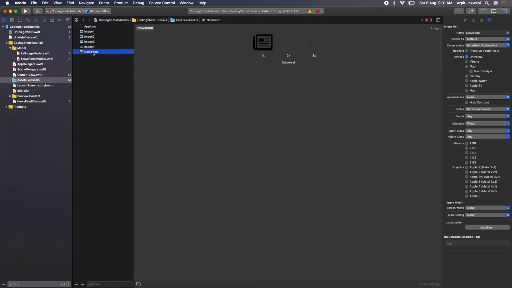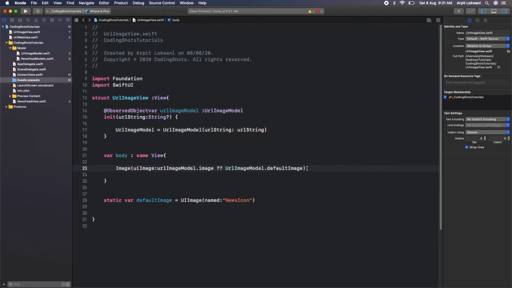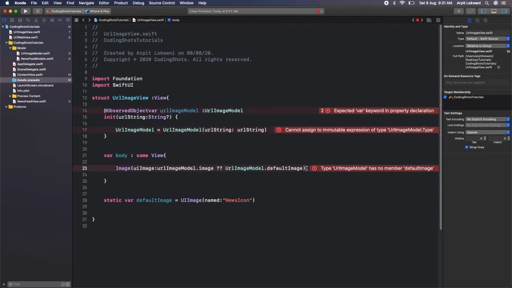Okay, this looks fine. I already have some multiple images, so I will use this, right? Now it's done. So what we are saying, URL image, okay, we have given the default image, it looks fine. And let me clean this, otherwise Xcode won't be able to compile properly. Okay, now still it is having some issues. So what happened to this?